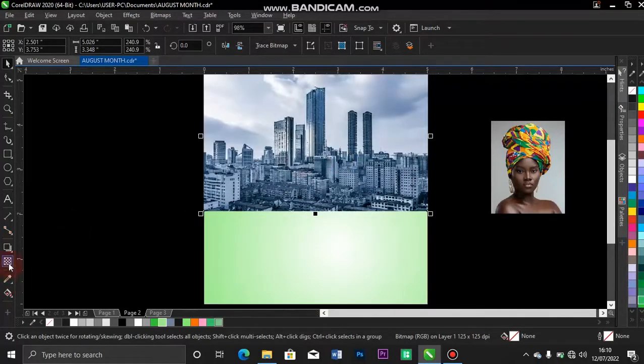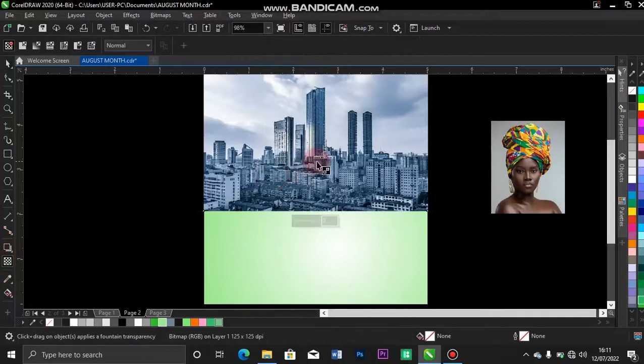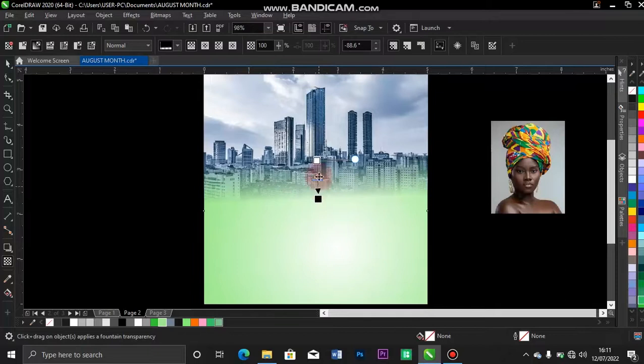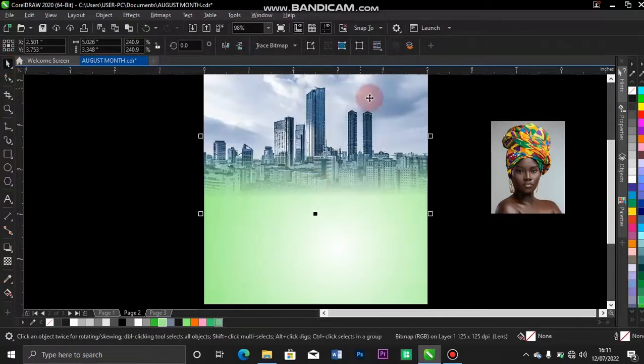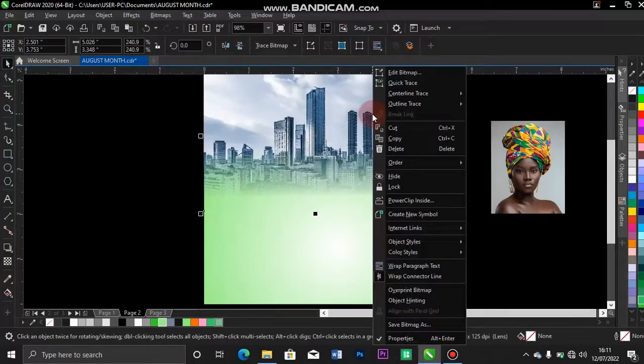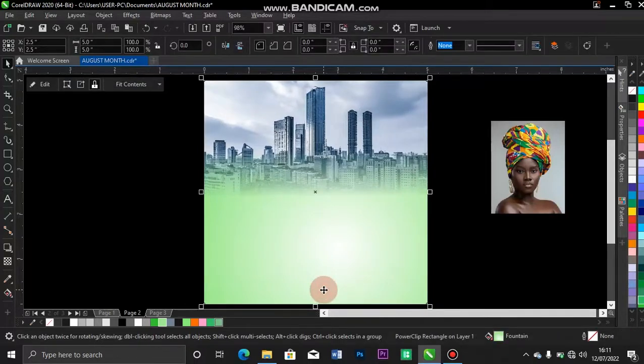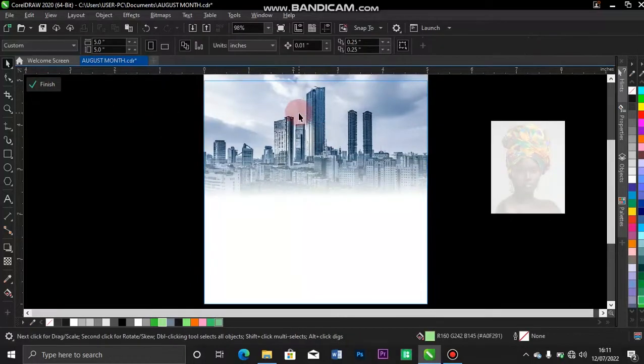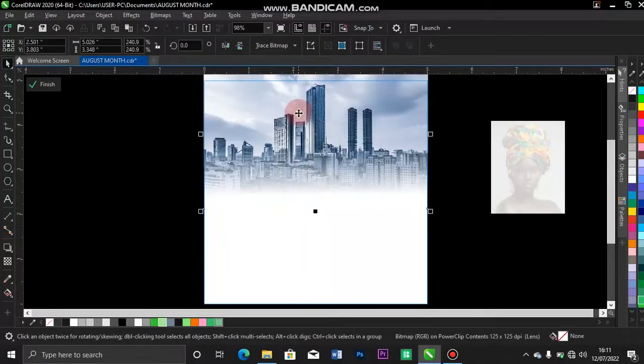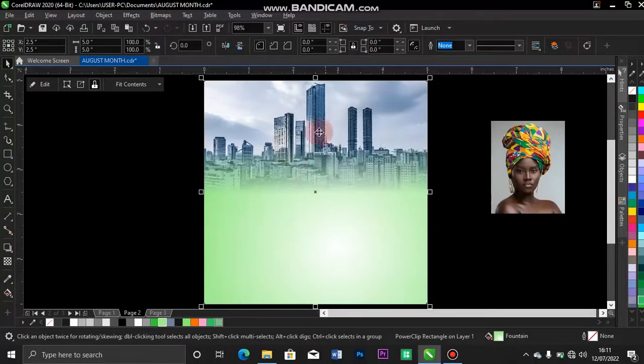Okay, so I come over to my transparency tool and just make this transparent down a bit. I don't want it to be so sharp. So after I'm done, I right click on the image and power clip it inside the box. For this, I can edit it and just push it up a bit. Okay, once I'm done,